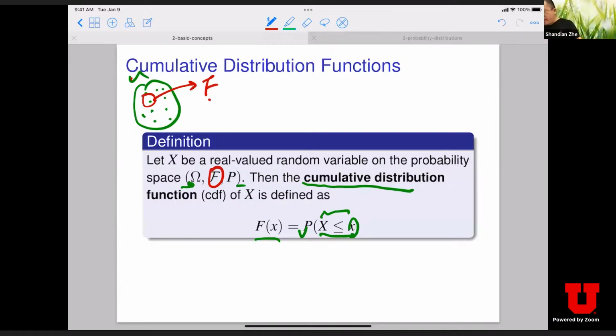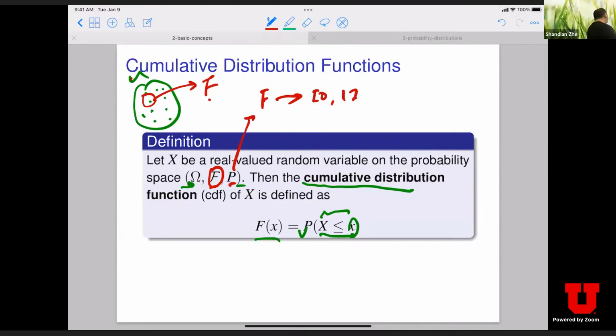And once you define an event space, you need to give a probability measure function which assigns a probability to each event in this event space F. So this probability measure is essentially a mapping from the event space to a number between 0 and 1, right? All those are defined very naturally, and also rigorously enough so that you can construct all kinds of upper-level components for probabilistic reasoning.